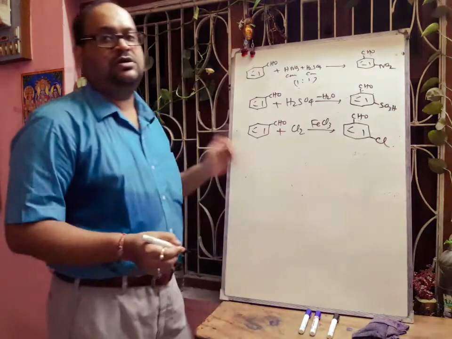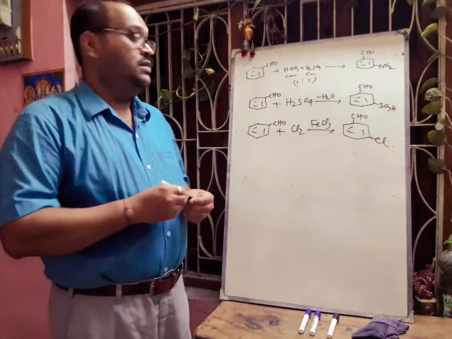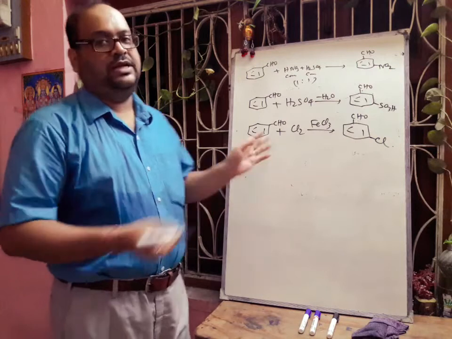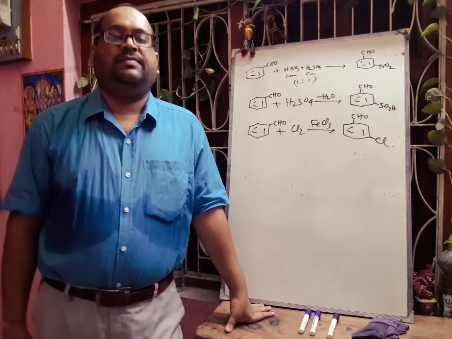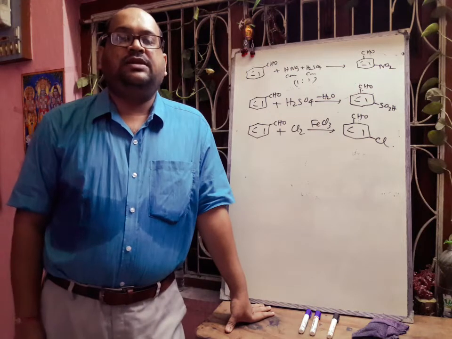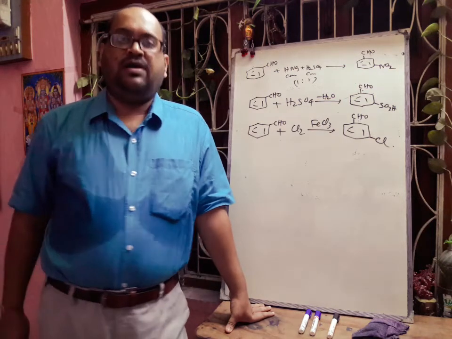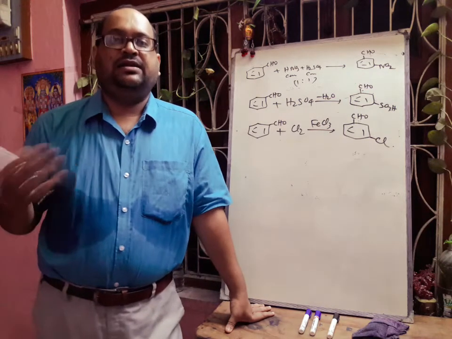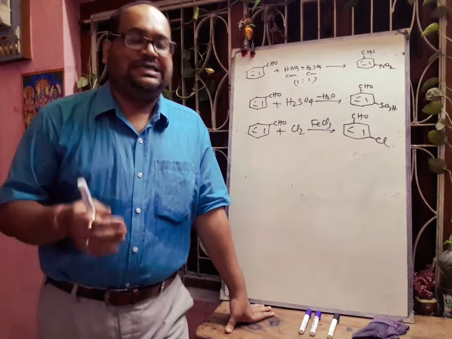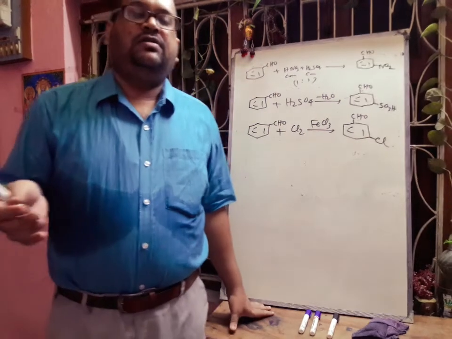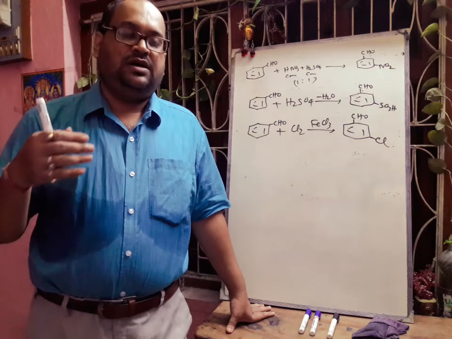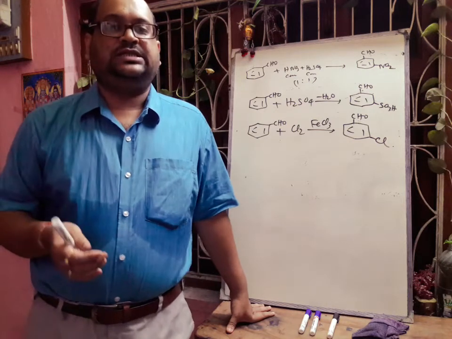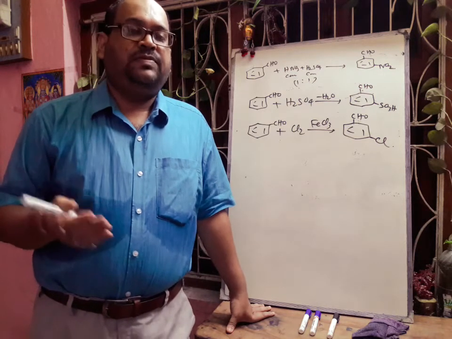Okay, so here also the product is meta-orienting, that means metachlorobenzaldehyde. In this way, this type of ring substitution reaction will be responded to by benzaldehyde. Now, the distinction between aromatic and aliphatic aldehyde we have already discussed. There is acetaldehyde and benzaldehyde. In acetaldehyde, there is CH3CO, that is the ketomethyl group. It will give the positive iodoform test and we will get the yellow precipitate of CHI3.